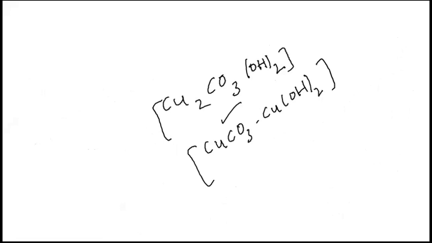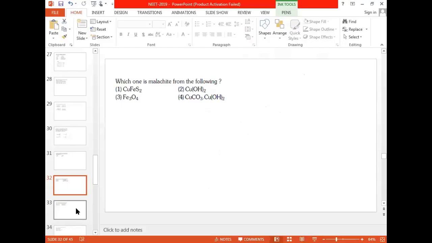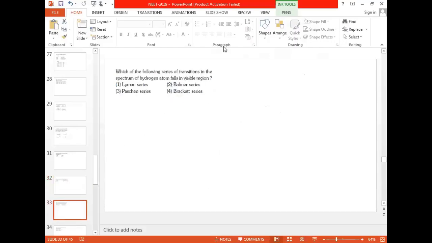Okay, maybe some questions which are already there, that they'll keep it like that. Maybe some printing mistake may happen. Okay. Yes, sir. Right. Actually, writing easy, but the thing is that Typing is when we go, difficult. the typing is difficult. Which of the following series can see in the visible region?